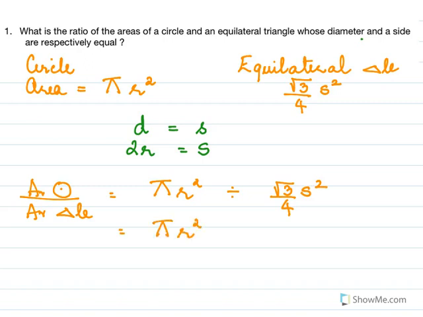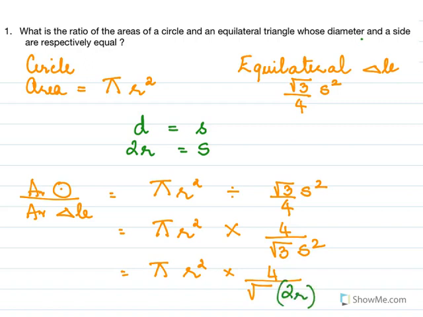Pi r square, the division will make multiplication, so we take reciprocal here, side square. So we have pi r square into 4. Now we know the side here is 2r, so we put 2r the whole square. And when we solve this now, we will get pi r square into 4 over root 3 4r square. So 4 cancels, r square cancels, and what remains behind is pi over root 3. So this is the answer, pi